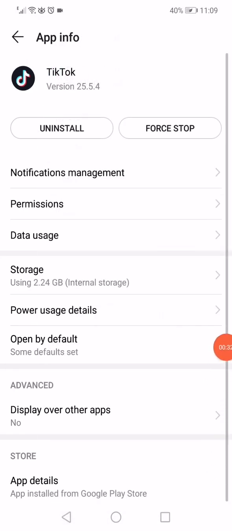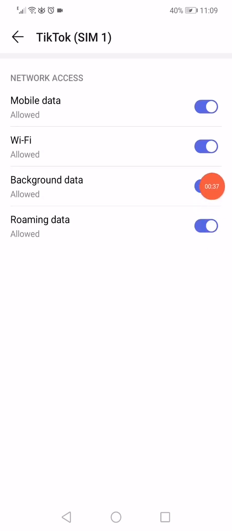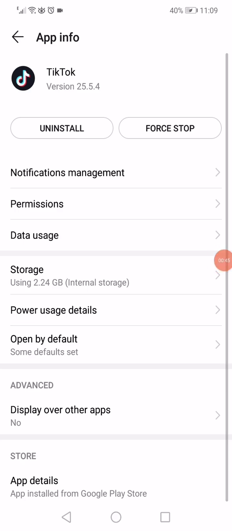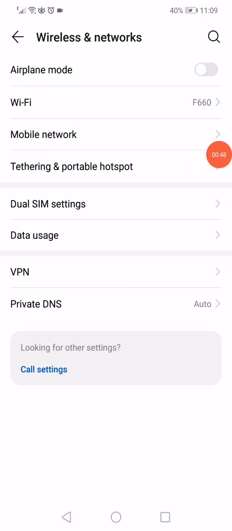Go back and now you have to click on the data usage here and make sure to disable the background data like this and enable the mobile data, Wi-Fi and the roaming data. Everything shall be enabled. Go back into the settings of your phone, open the wireless and networks and then go